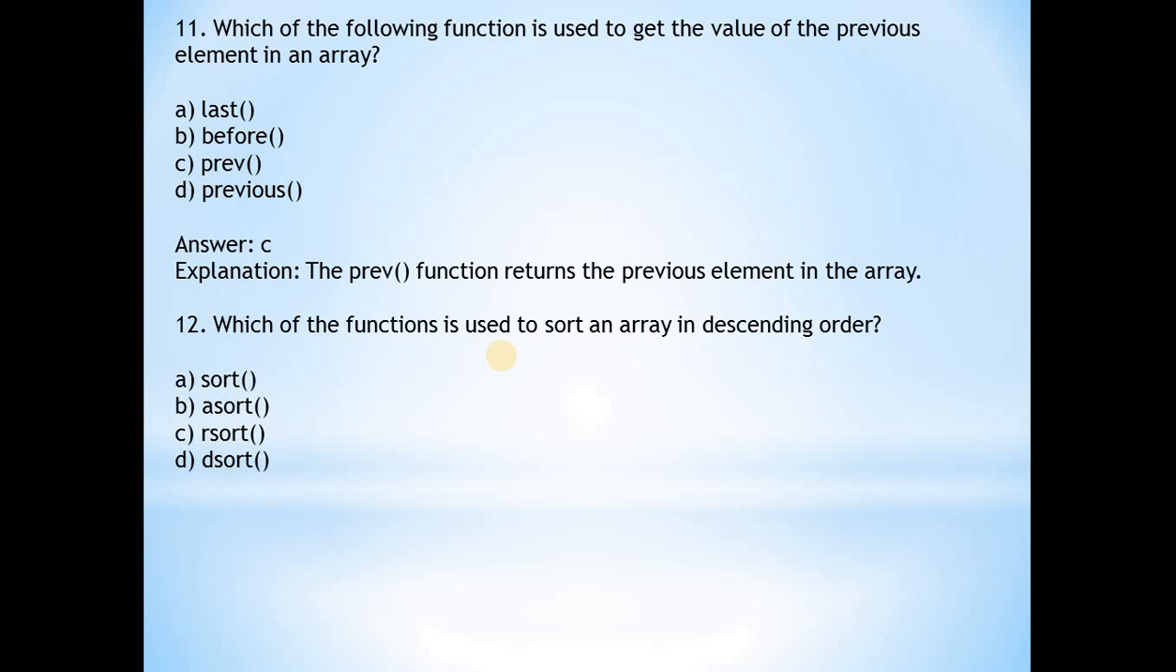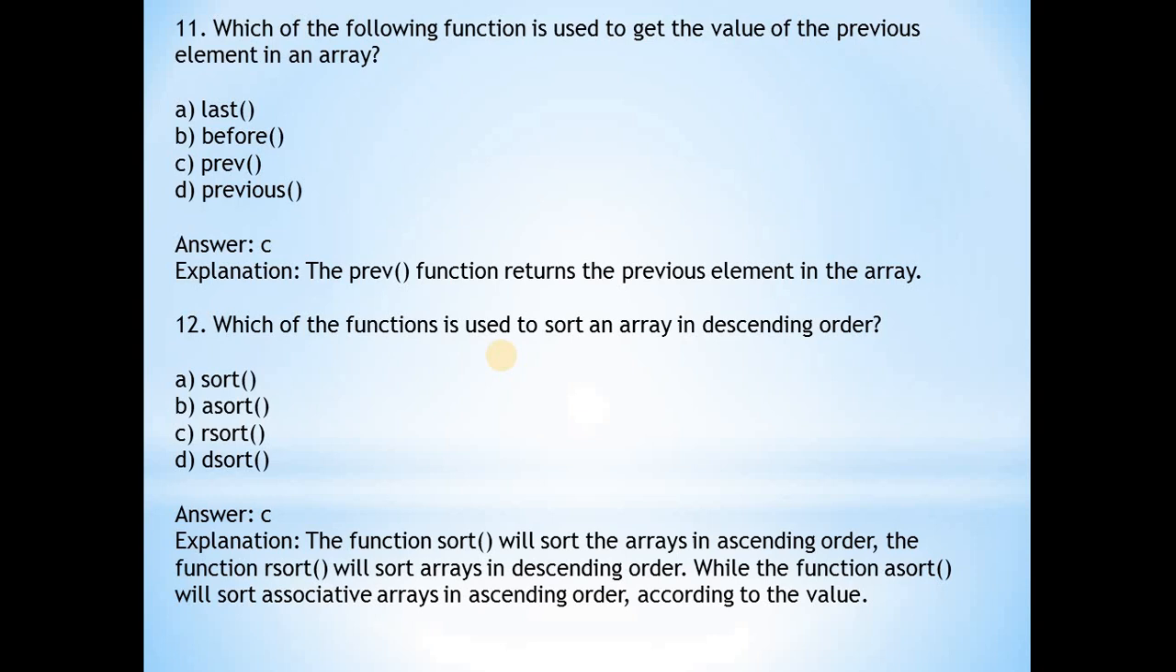12th question is, which of the functions is used to sort an array in descending order? Answer is C, that is rsort function. The function sort, first one, sorts the array in ascending order. Next function, that is rsort function, this sorts the array in descending order. Asort function, this sorts associative arrays in ascending order according to the value. Next one is,